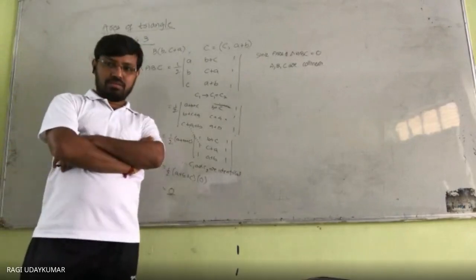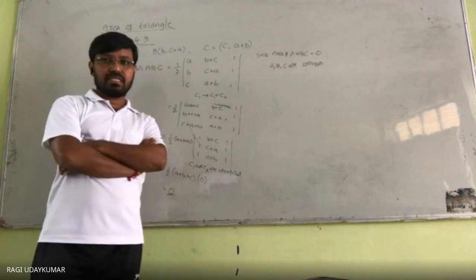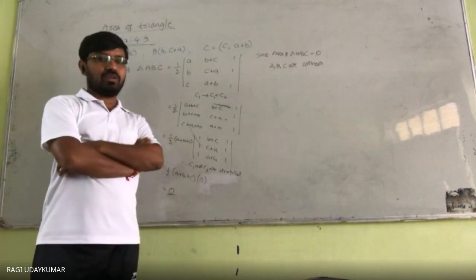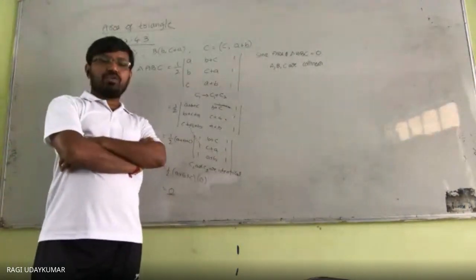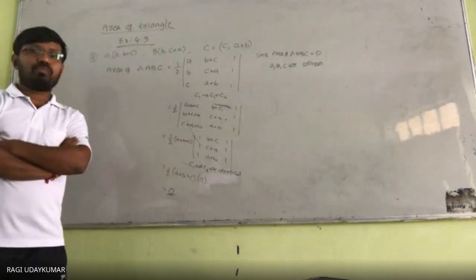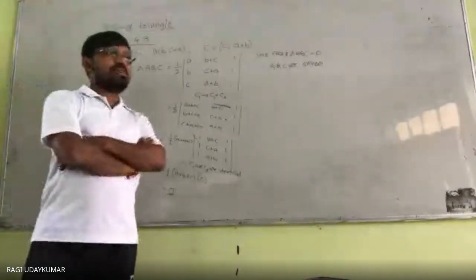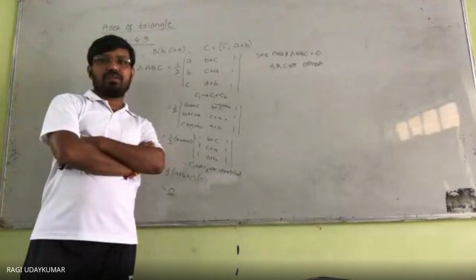Can anyone tell me what is the equation of the line passing through these three points? Equation of a line. Just by observation, you can say. In straight lines, last year I have explained this to you also. When the points are given to you, passing through the 2 points, directly you can give the equation by observation.